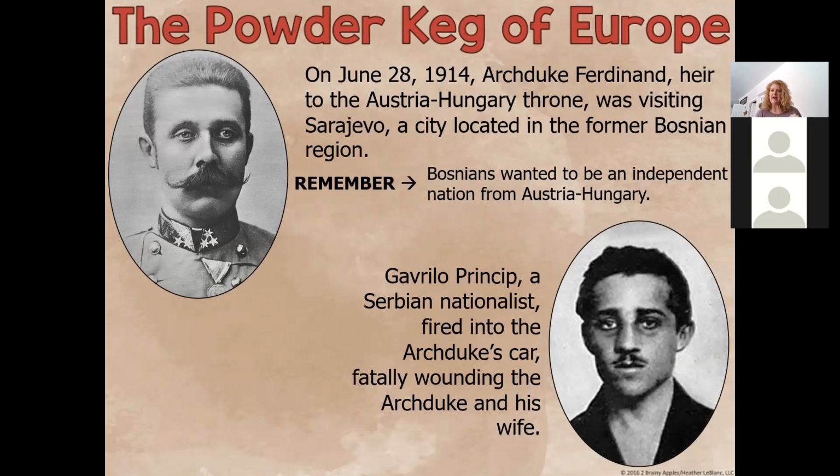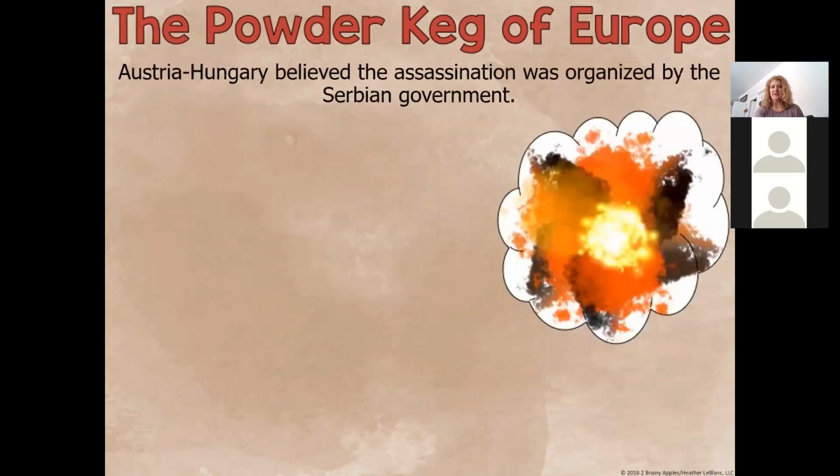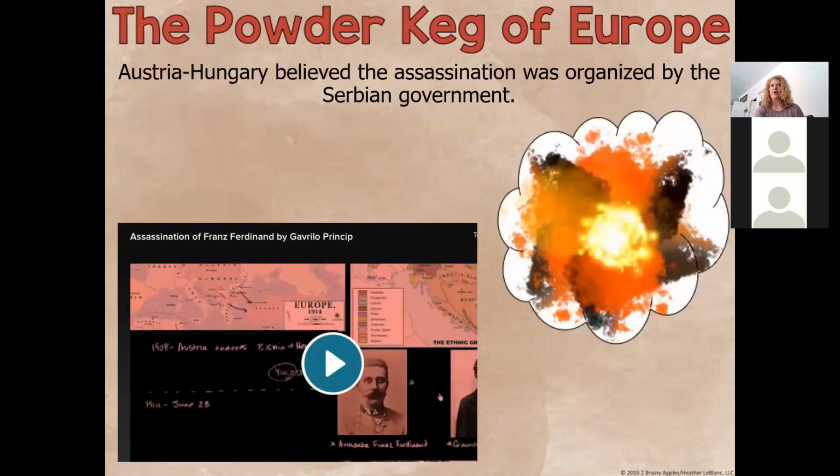So he actually finds all this information out, where the Archduke and his wife are going to be. He ends up shooting both the Archduke and his wife and killing them. So we instantly have an issue here that's going to pull into play all of these alliances. So Austria-Hungary believed that the assassination was organized by the whole Serbian government, not just one man who is